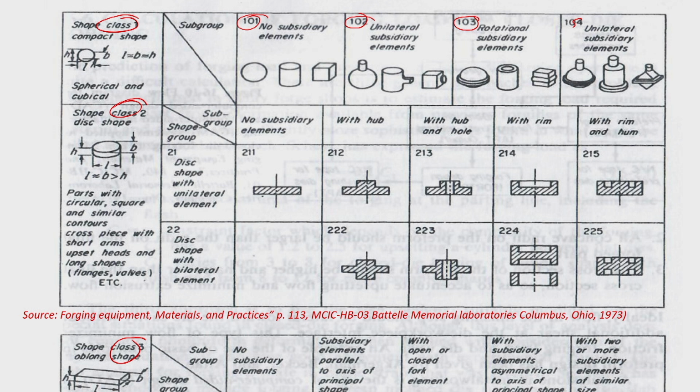In this second case, maybe a unilateral subsidiary element is there. On the spherical part, you have a cylindrical part as an attachment. Okay? A subsidiary element is there, so its complexity slightly increases. Or maybe in the cylindrical piece, you have a rectangular piece as a subsidiary element, so this complicates the forging die. Now, if there is a cube, you have a small cylindrical piece as a subsidiary appendix. There also it complicates the shape, but it is not very complicated.